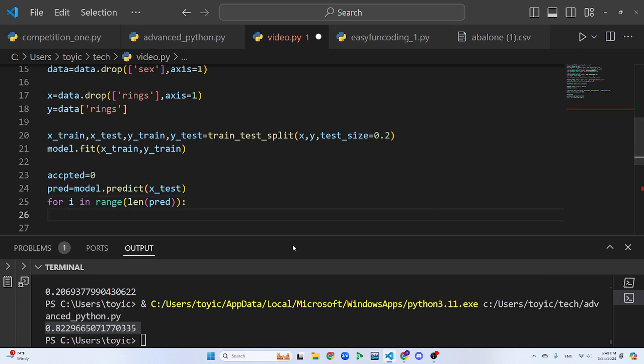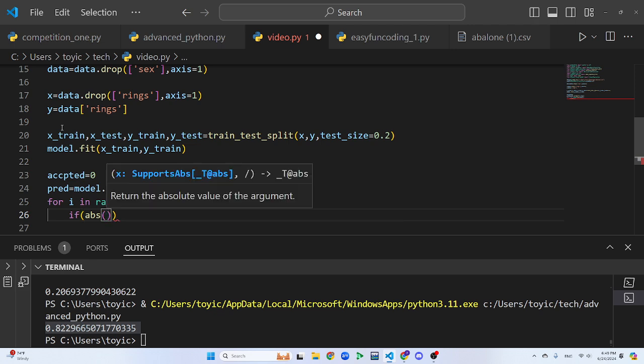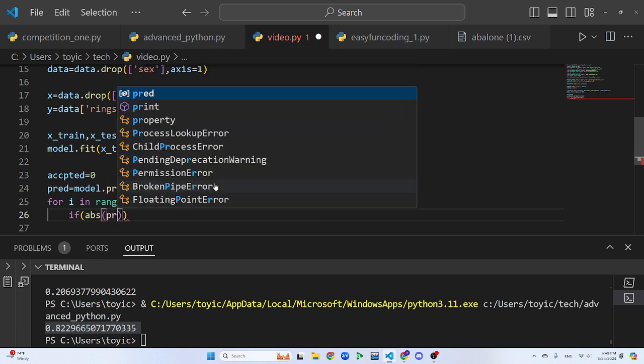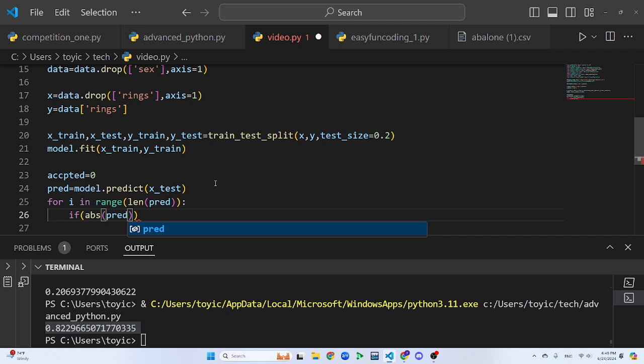So we'll iterate through the data, and here's an interesting trick: we don't really need two if statements for the -3 and the +3. We can use ABS, which is the absolute value function. So if print pred i minus y test i